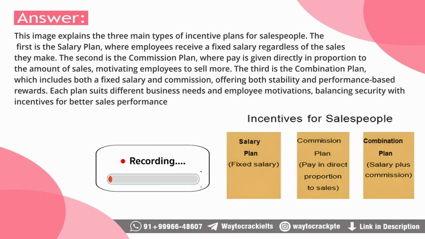This image explains the three main types of incentive plans for salespeople. The first is the salary plan, where employees receive a fixed salary regardless of the sales they make. The second is the commission plan, where pay is given directly in proportion to the amount of sales, motivating employees